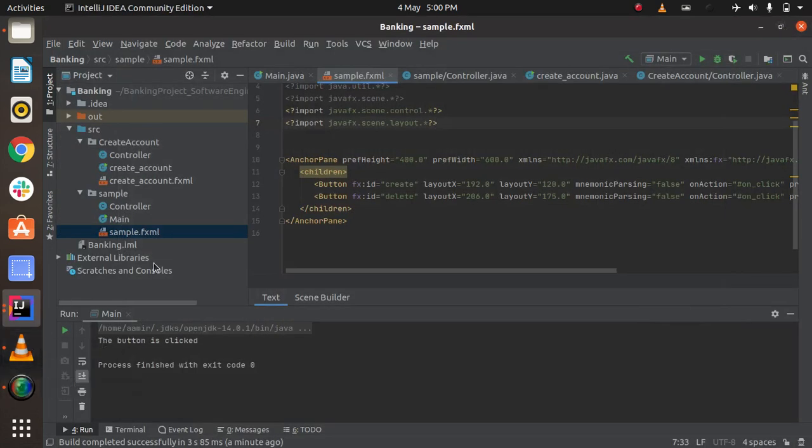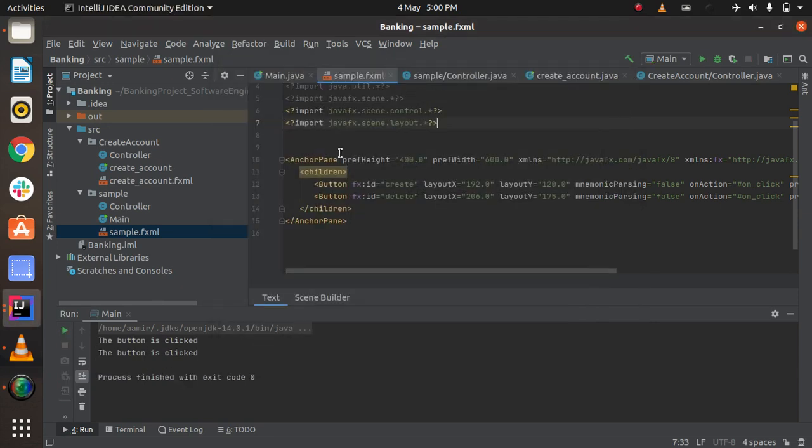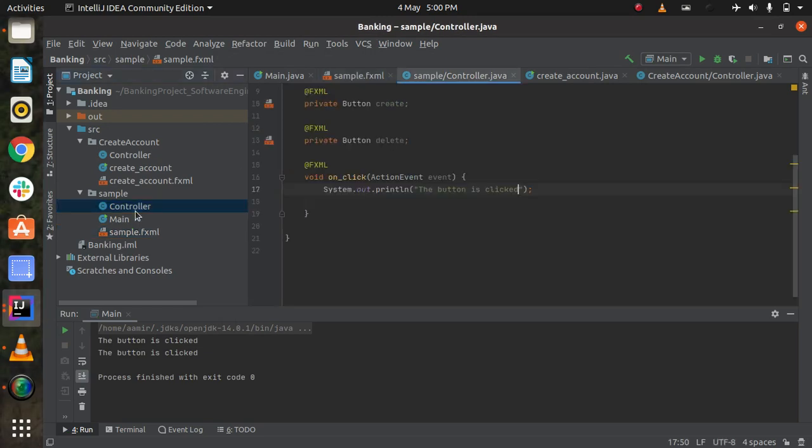So now let's run it again. Now running it. So here you can see when I click on the create button, the message is shown, and on delete it also gives me the message that the button is clicked. So in the controller class, this function is automatically called.